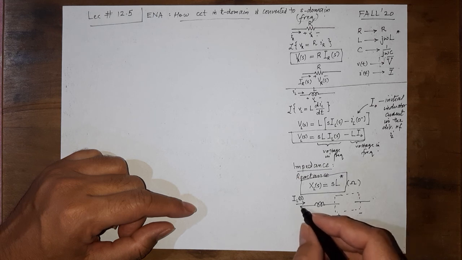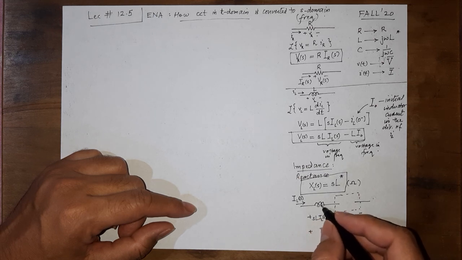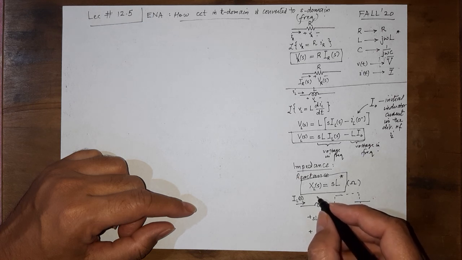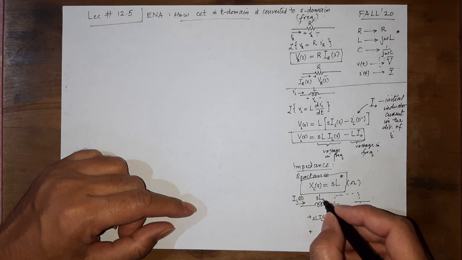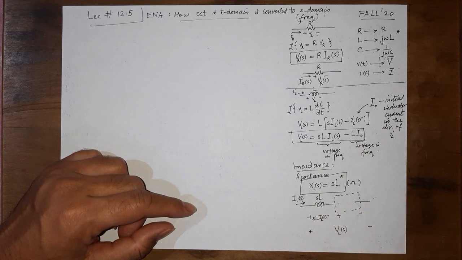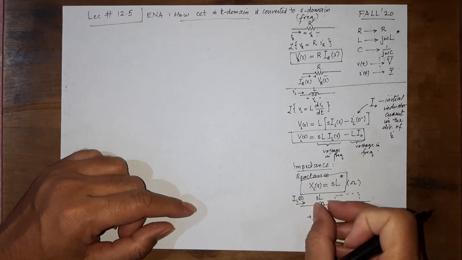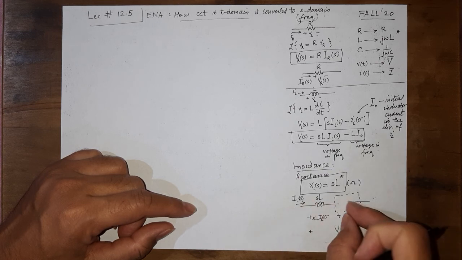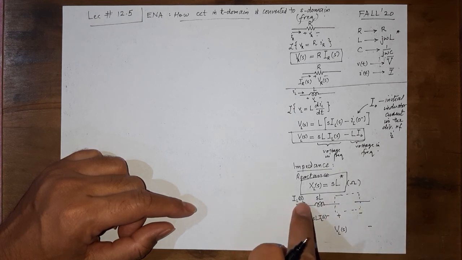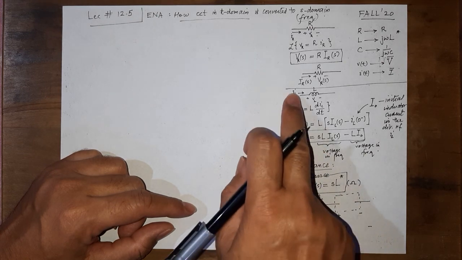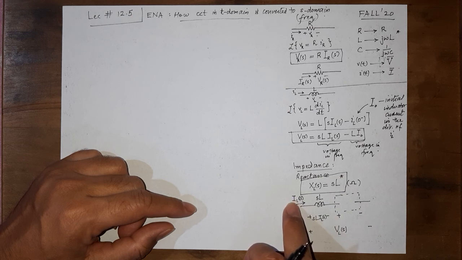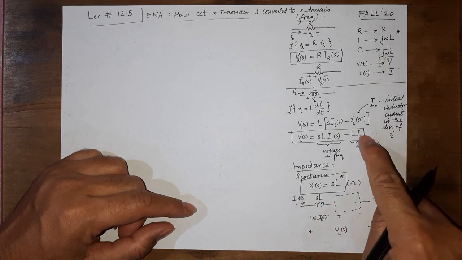So if IL of S is the current through this something and this is its impedance, then this thing must have an impedance of SL. And the voltage across this based on Ohm's law is this. But what about this? This thing here is not dependent on IL of S. So whatever this current is, this thing does not depend on it, except on its initial value.